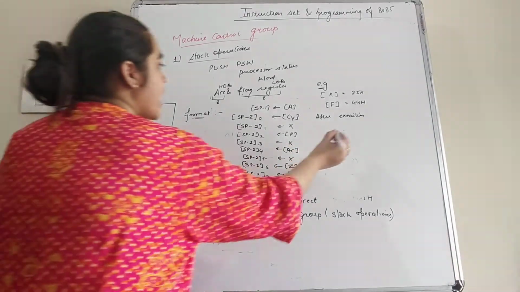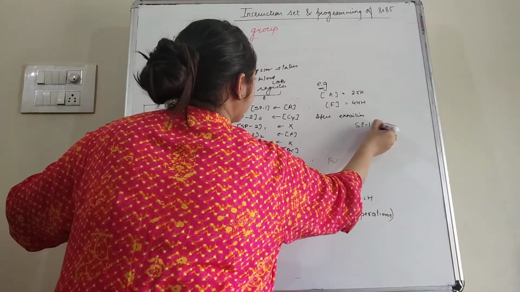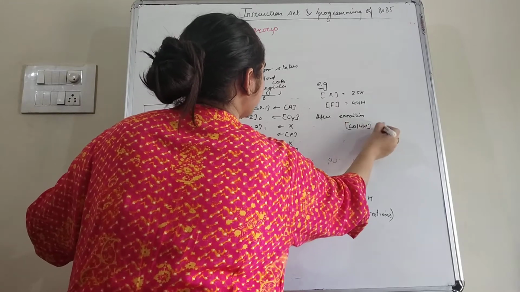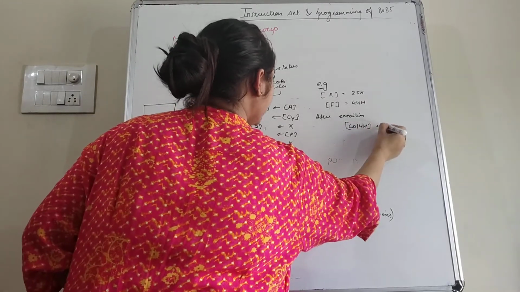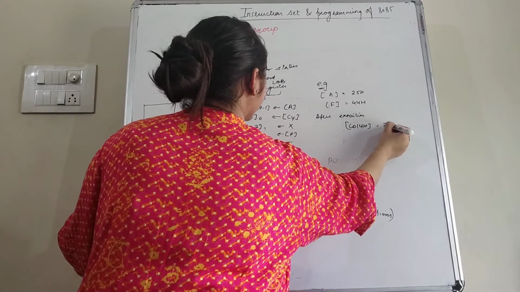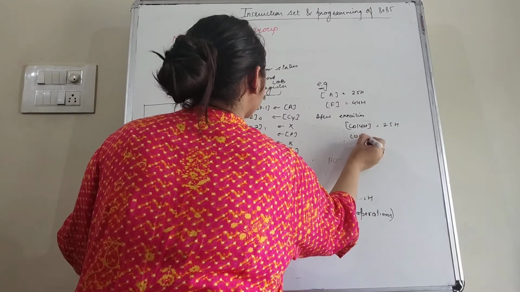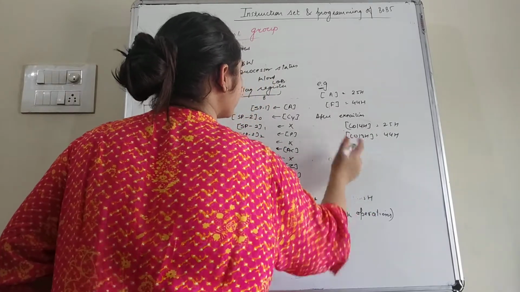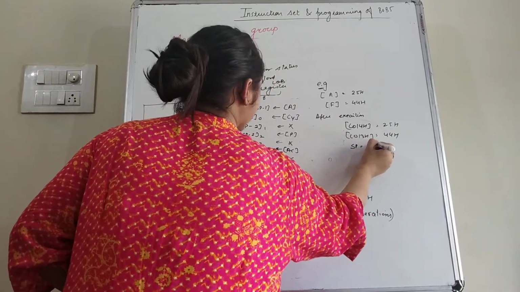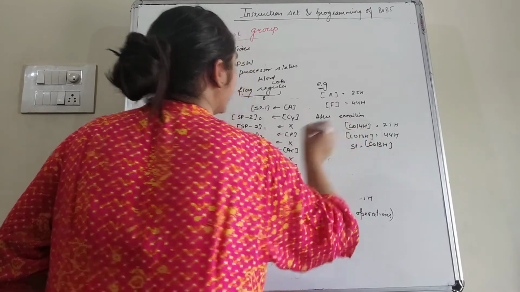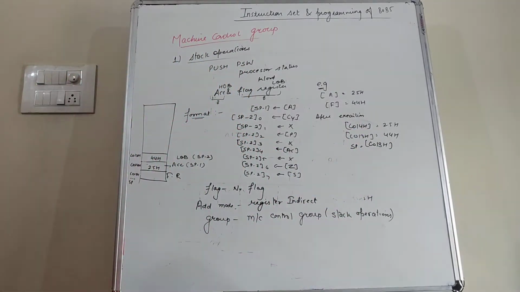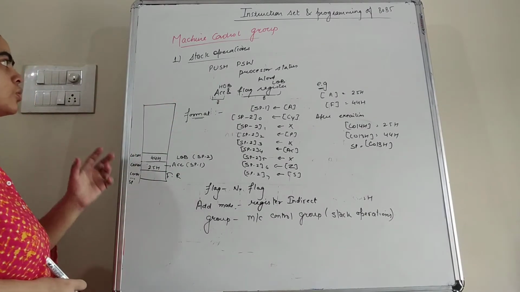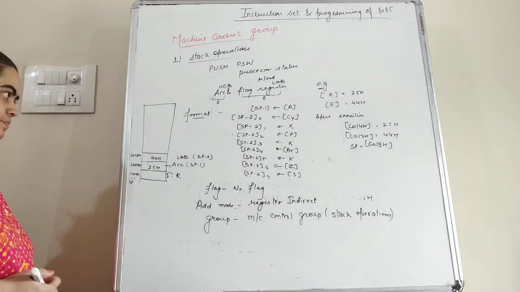So that means at SP minus 1, which is also C014H, we have the value 25H, and at C013H we have the value 44H. After the execution, the stack pointer has the value C013H. So this is how we can write this instruction, and this is how this instruction will work.